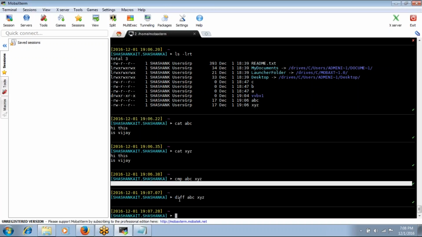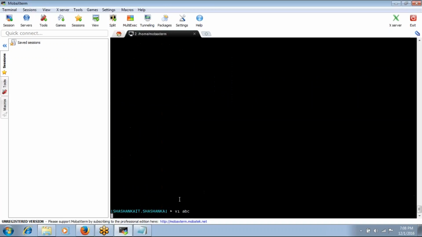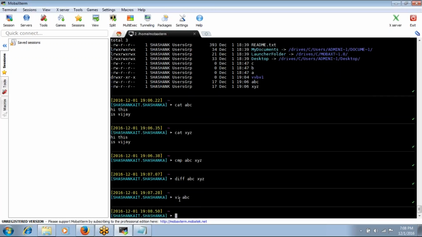Okay, so let's say in the ABC file, like vi ABC. vi is to edit your data. So I have replaced one character with E, and replaced another with C. Okay, I will explain it later. So the vi editor is basically to edit your file. Okay, so if you see, I have ABC,